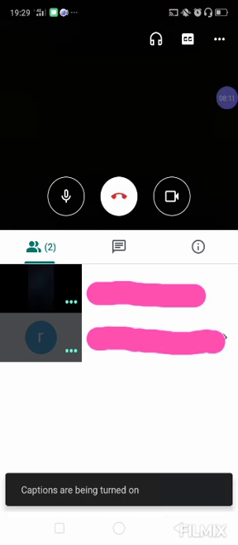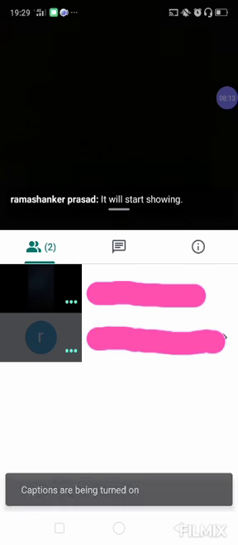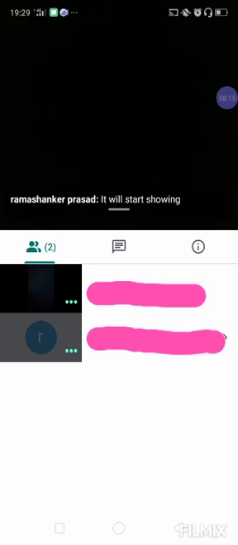And one more thing: if you want to see whatever the teacher is saying in English on your screen in written form, at the top side you can see the CC button. As soon as you click on that CC button, it will start showing whatever the teacher is saying in English.